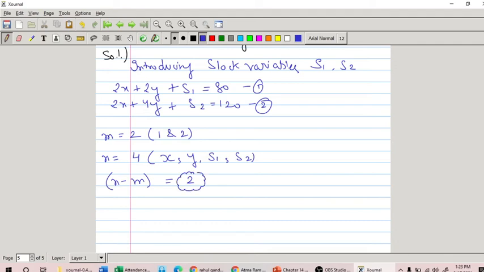So now this constraint having 2 equations and 4 variables, a basic solution to these problems can be found when 2 of the 4 variables in the equivalent set of constraints are set equal to 0. So we need to put 2 variables equal to 0, but the problem here is which 2 variables. Why? Because we have 4 variables, like x, y, s1, s2.